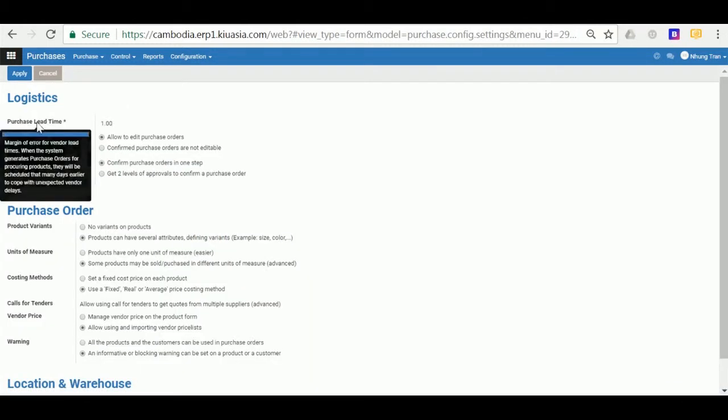The setting purchase lead time is the margin of error for vendor lead times when the system generates purchase orders for procuring products. They will schedule that many days earlier, the days that you put here, to avoid any potential delays in vendor's shipment. So if you put here 1 day, it means the shipment will be scheduled 1 day earlier compared to